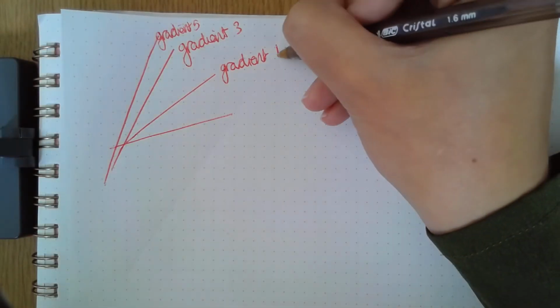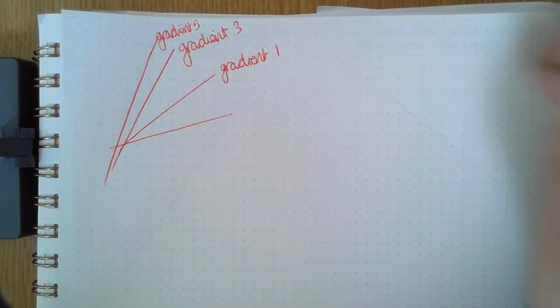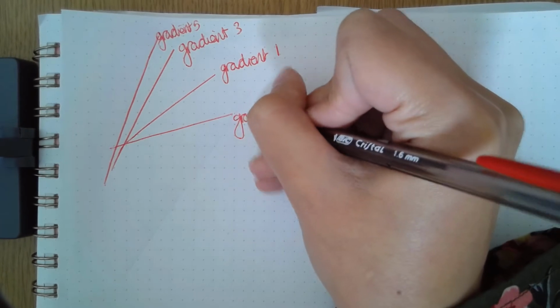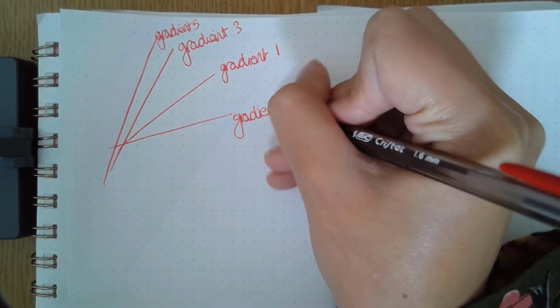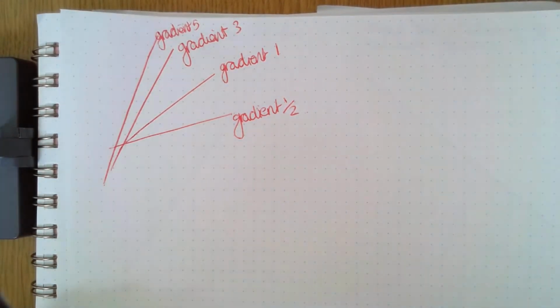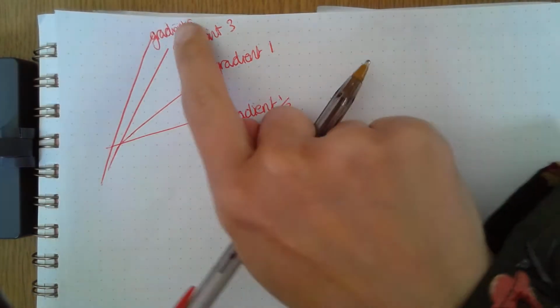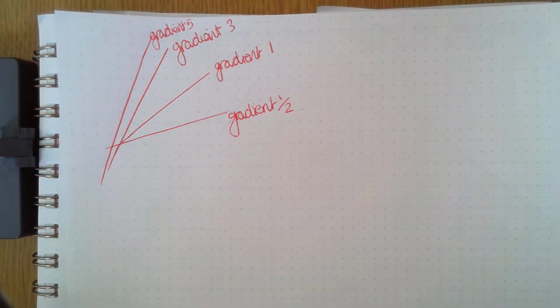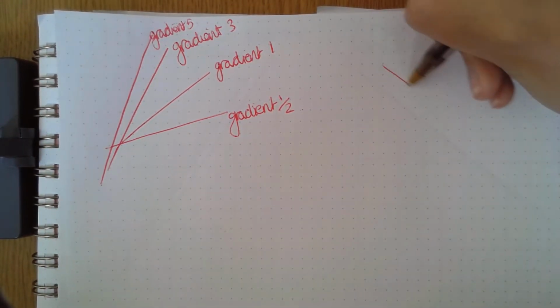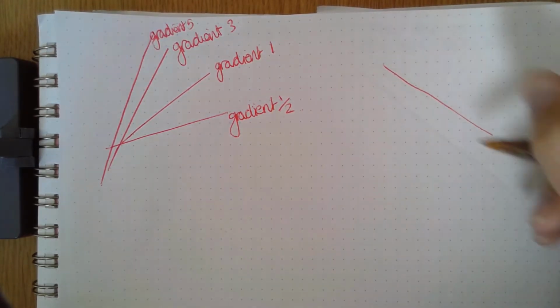And again going the other way, sorry, it's gone a bit blurry, so again going the other way, this line is less steep than this one, so it's going to have a gradient less than 1, so that might have a gradient of 1/2. So the higher this number, the steeper the line. But what if the line goes this way? That is a gradient